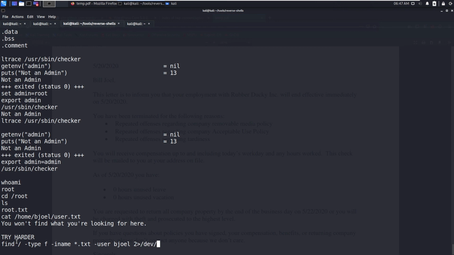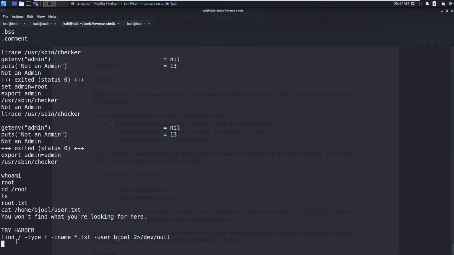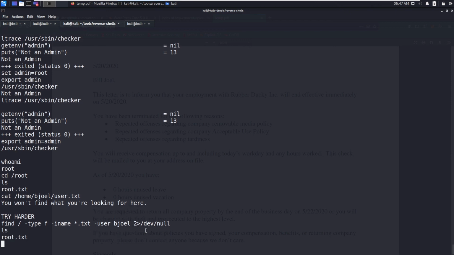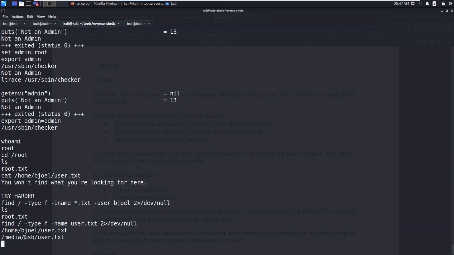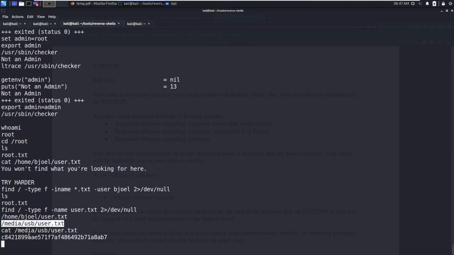This should do fine. Or we can just simply say, we know the file name, right? Name user.txt. So you can see this is the one, cat, and you get the content.